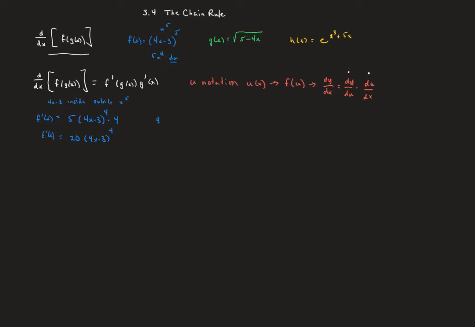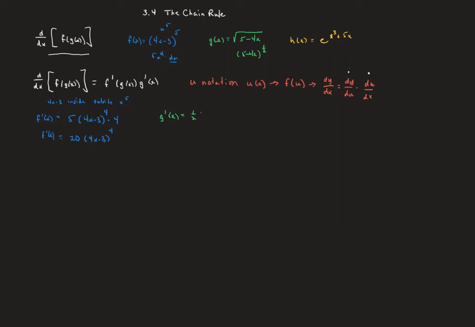So we're going to take, let me change my colors. So I'll go to green. So we have g prime of x. Now we want to think of that as (5 minus 4x) to the 1/2 power. So we can either think of 5 minus 4x as the inside function and x to the 1/2 as the outside function, or we can think of the u as being 5 minus 4x, and so we can get the